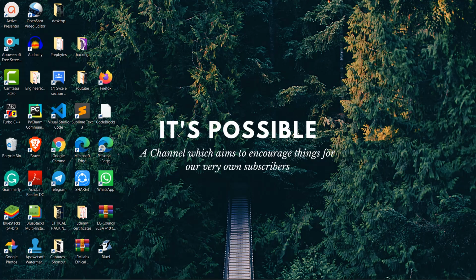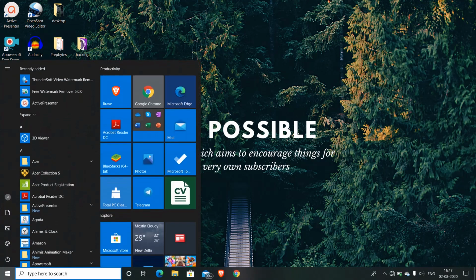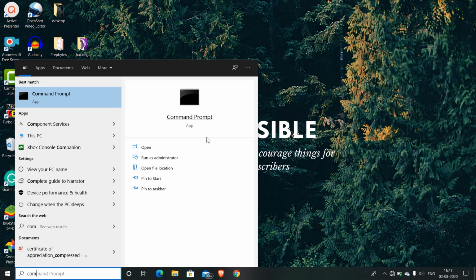So in order to prevent this, you can use command prompt, which is available in Windows for free, and let me just teach you once how to do this. What you all have to do is open command prompt in administrator. I'm again repeating it, you have to open it in administrator mode.